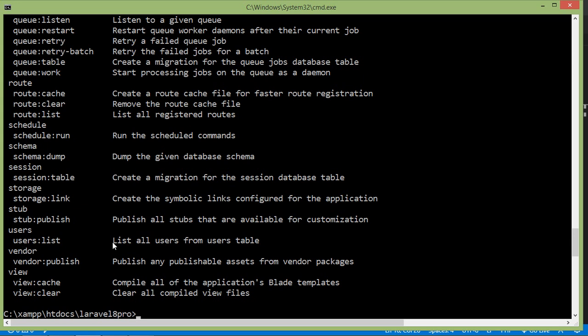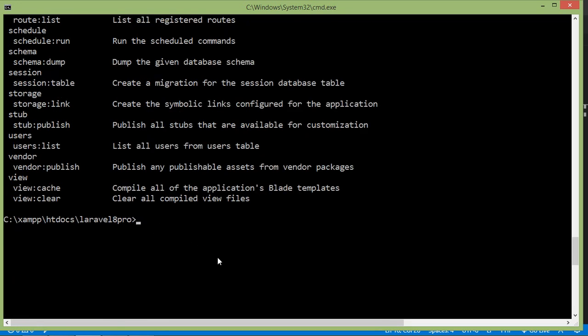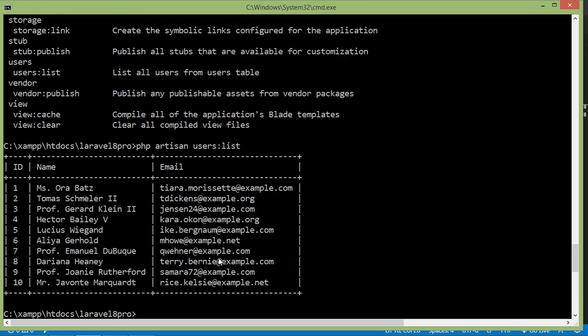Okay, and this is the command description: list all users from users table. Alright, now let's run this command. I write php artisan users:list. Alright, now press enter, and here you can see all the users records with ID, name and email.